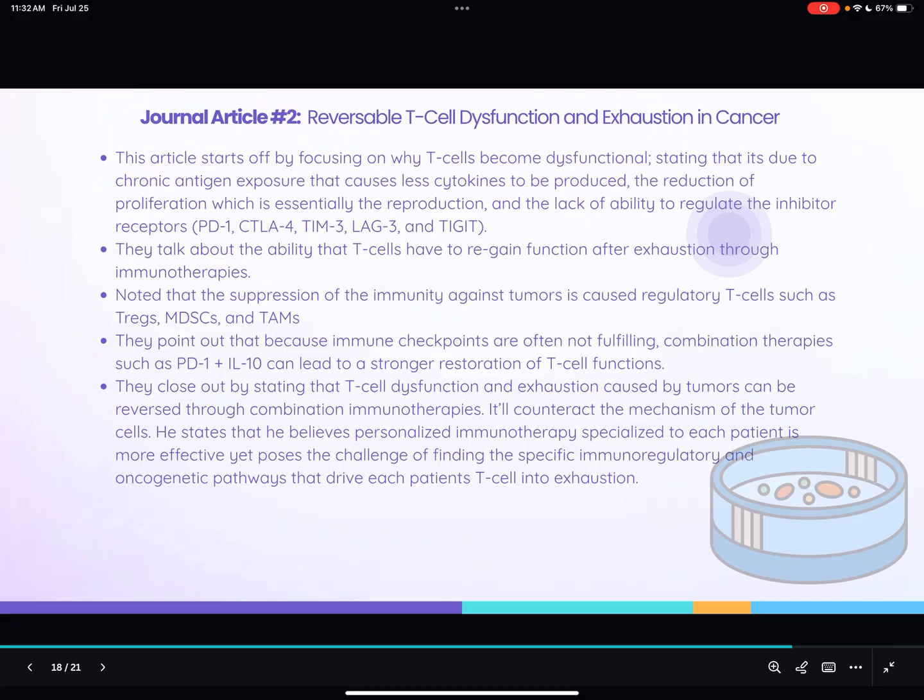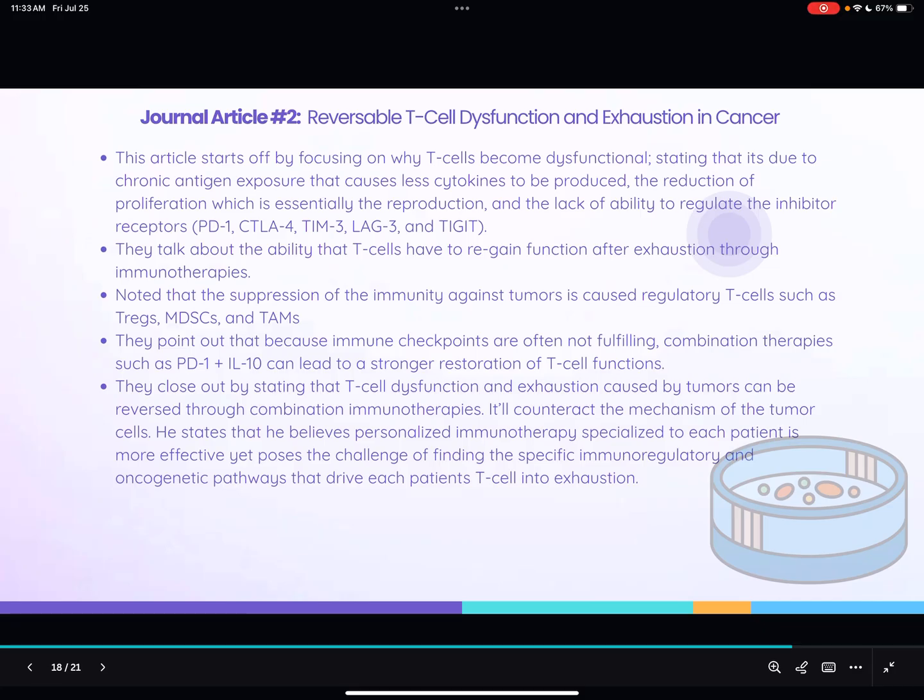The second journal article that I came up on was Reversible T cell dysfunction and exhaustion in cancer. This article starts off by focusing on why T cells become dysfunctional, stating that it's due to chronic antigen exposure that causes less cytokines to be produced, the reduction of proliferation, which is essentially the reproduction, and the lack of ability to regulate the inhibitor receptors, which are the PD1, CTLA4,